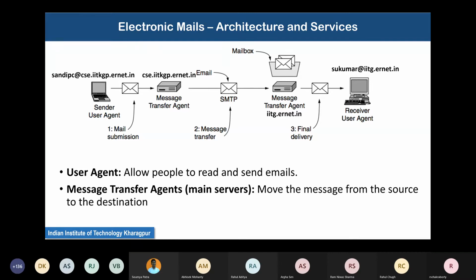One of the important features is that the message transfer agent at iitg.rnet.in would not voluntarily push the emails that have accumulated in his mailbox. It expects that some client would connect to it and pull these emails out of the mailbox into his computer locally.